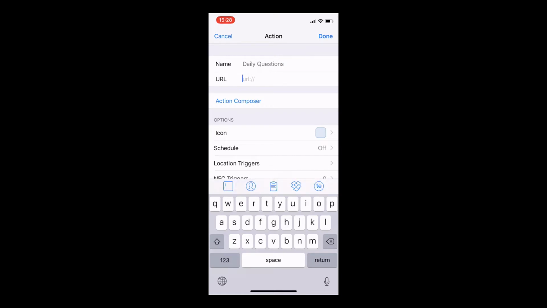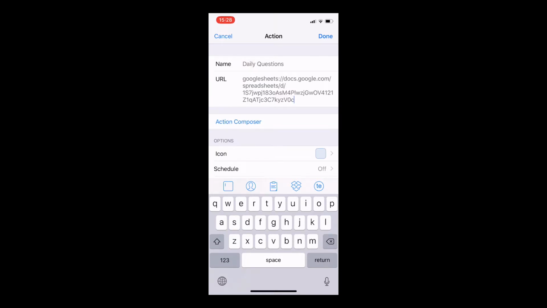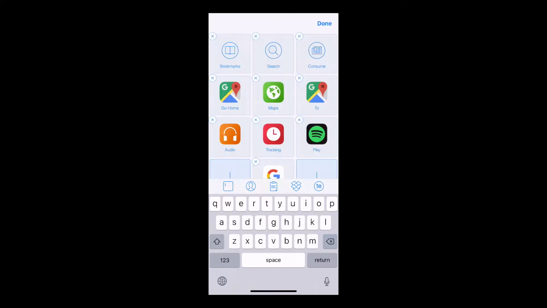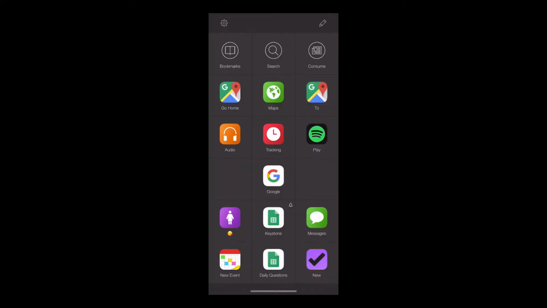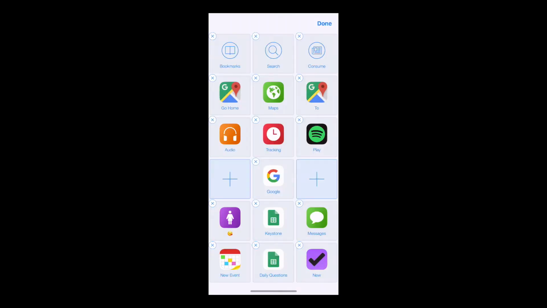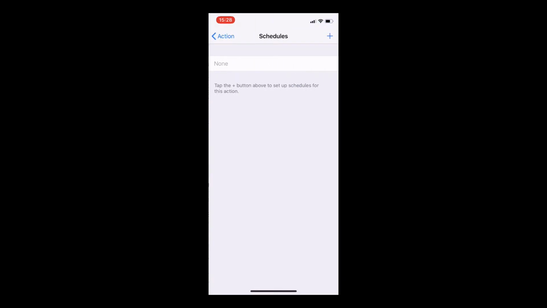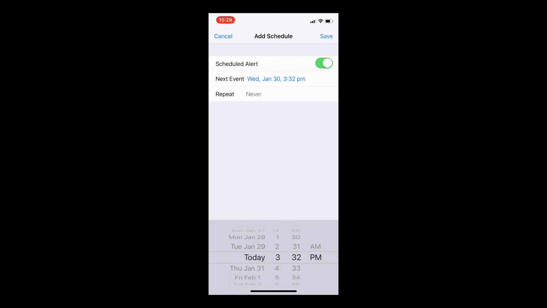So make sure that on your clipboard, you've got that URL that you entered earlier. You can see here, it looks something like this. Once you click done, that's then going to automatically add the label. If you want to add a schedule, you'd hit this, select schedule, add an alert that comes on your phone. I'm going to set it so let's see if I can get it to come today, and then you want to repeat